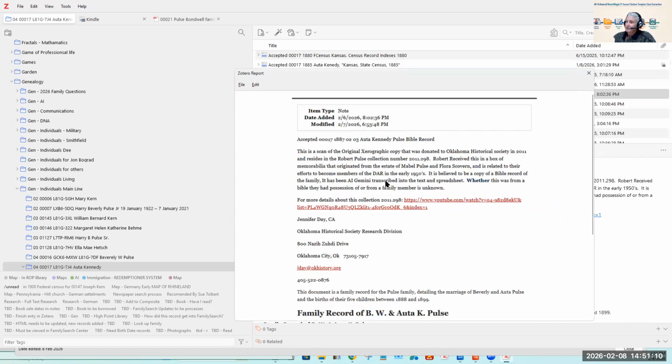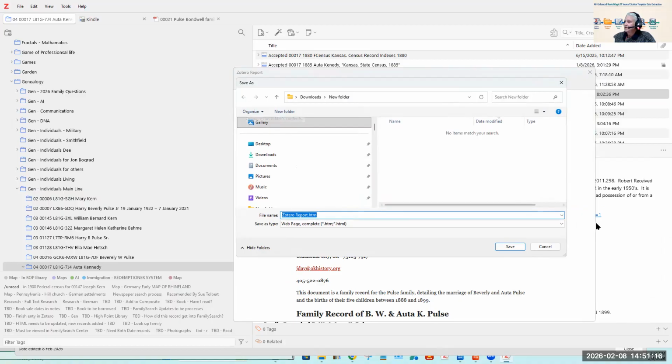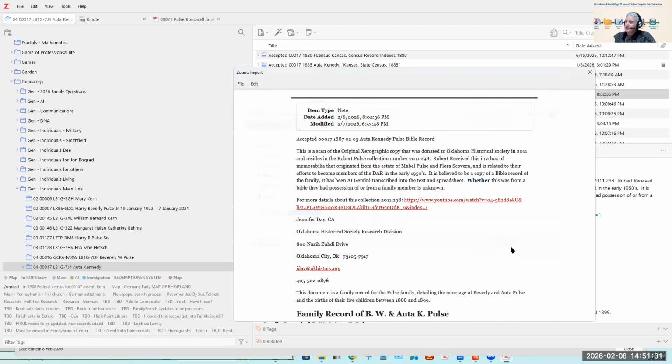I generate a report from that, and I file that into a folder by the name of new folder right here. I leave that in my downloads, and I point everything to new folder. You can name it anything you want to, and put it any place you want to. That's where I put it. It's easy for me to remember. Now let's go get the files. I've already done that, I think, on this one. And let's bring this over.